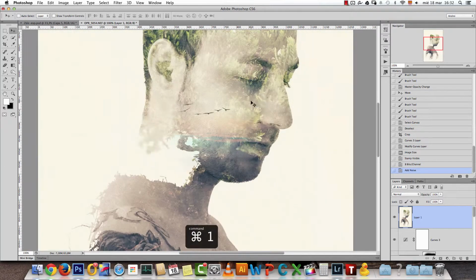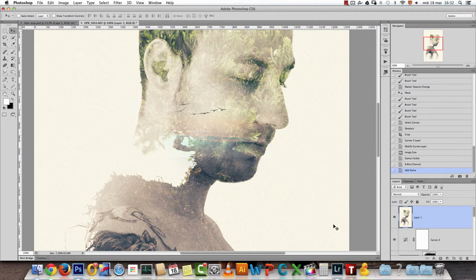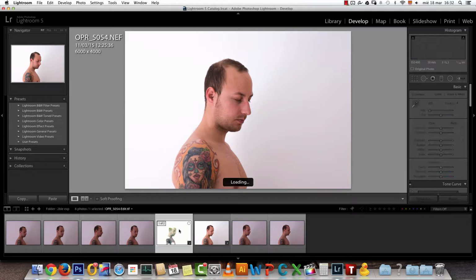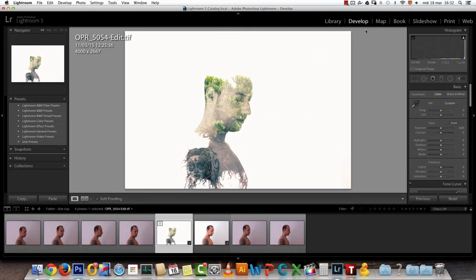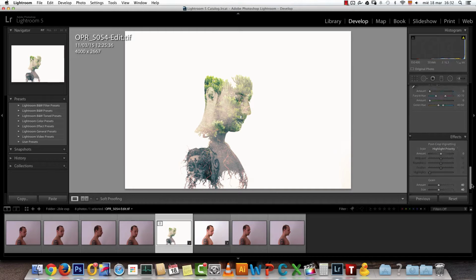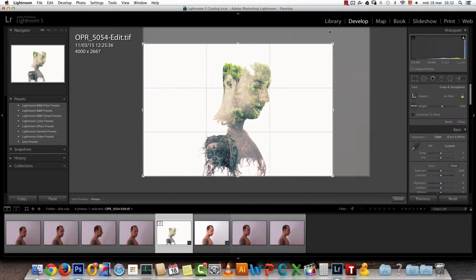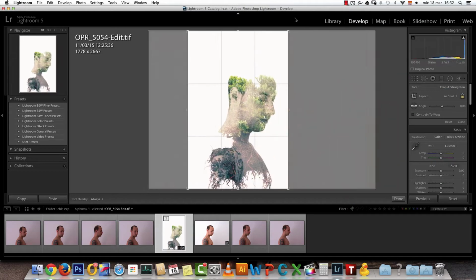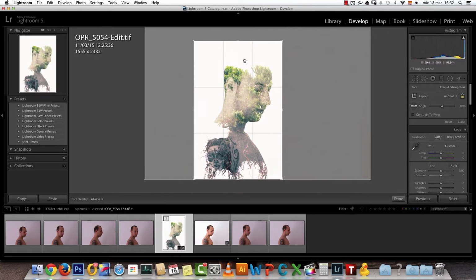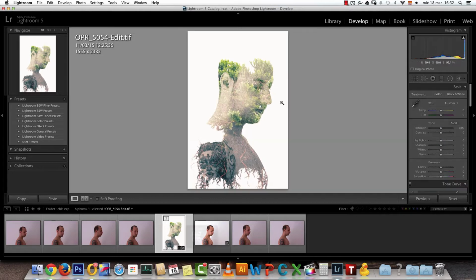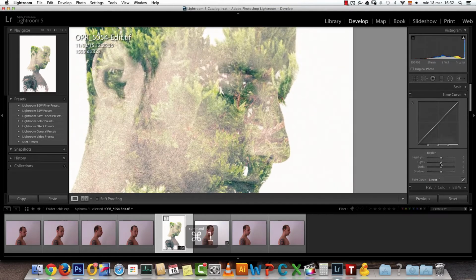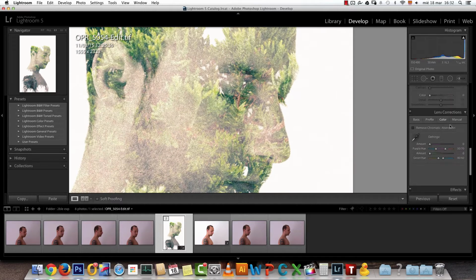In Lightroom, we have a filter that's called Grain. Let me show you. Well, this is the image that I would have from Photoshop, and here I would go down here where you see grain. See that? Grain. Let's crop it to have it similar as in Photoshop. Like that. And done. And here we have an option that says grain. It kind of looks nice with it.